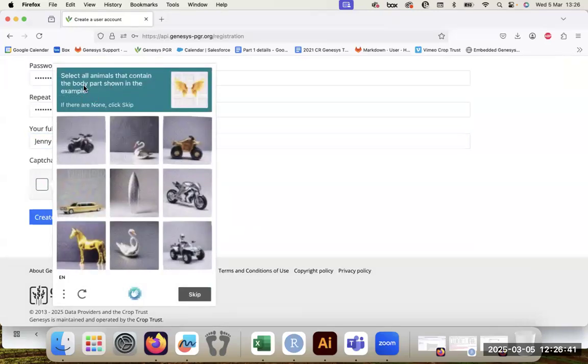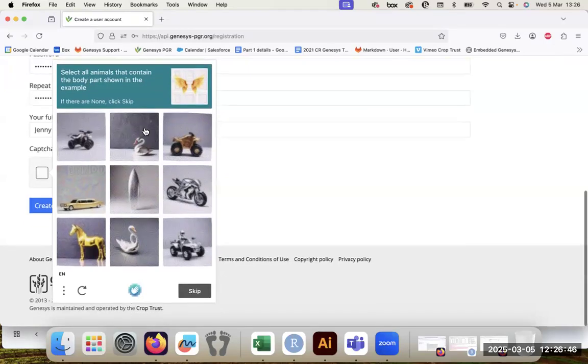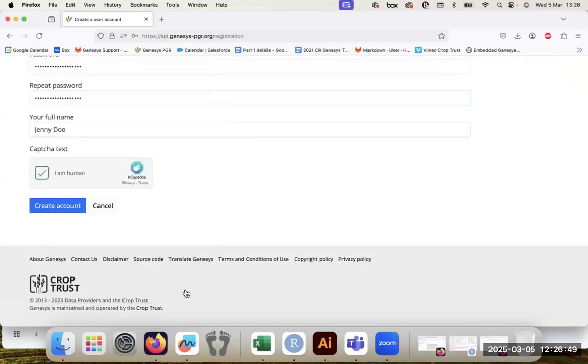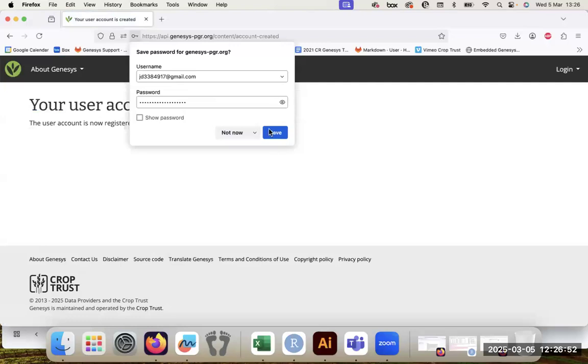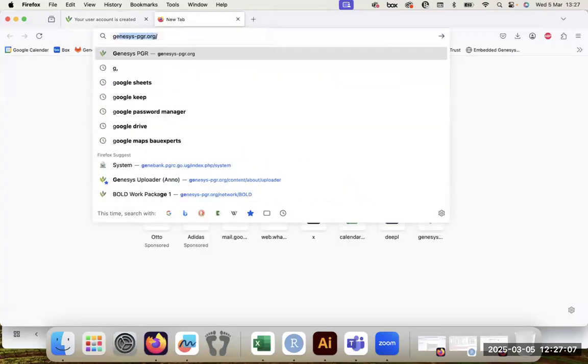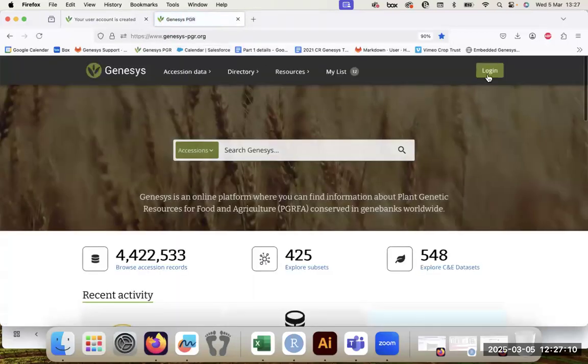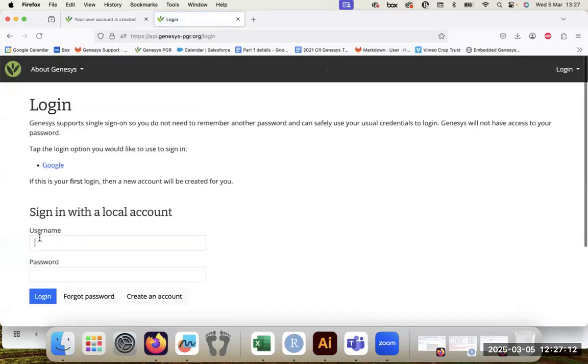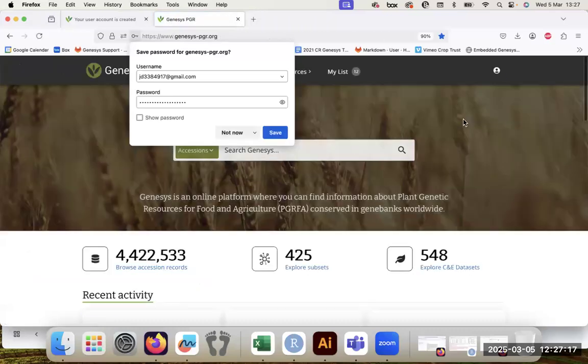And now we do the test. I should select all animals that have wings and create an account. Now your user account is created. And now, if you go back to Genesys and log in using the username and password that you just created,